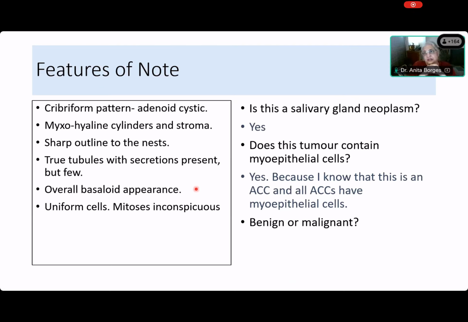Okay, so according to you, we should not use the word carcinoma, Somik? So we shouldn't call it the carcinoma? Of course it is a carcinoma. Now, Somik, you tell me, when there are no mitoses and there is uniformity, why are we calling this thing a carcinoma? It's an adenoid cystic carcinoma. It is malignant because all adenoid cystic carcinomas are malignant. So, Somik, why are we calling this a carcinoma?